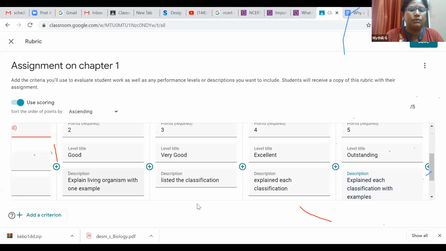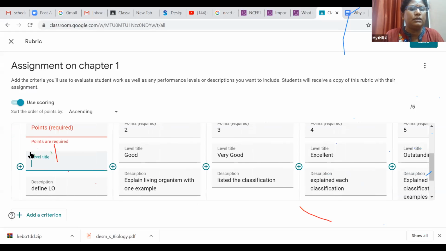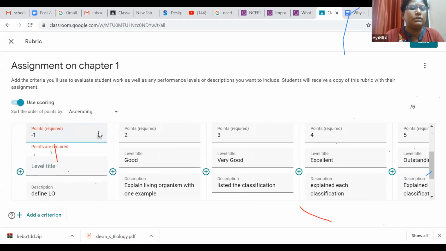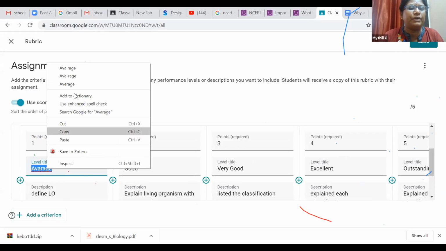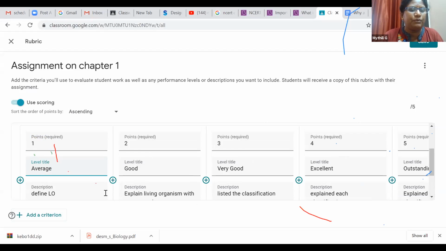Okay, so in the one here I'll put 1 mark maybe. So this is average. If they only define something, then I'll give the 1 mark.